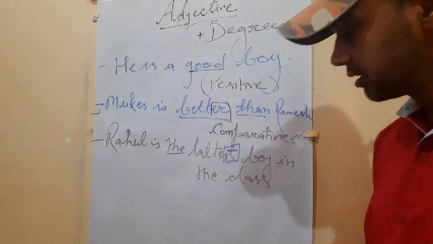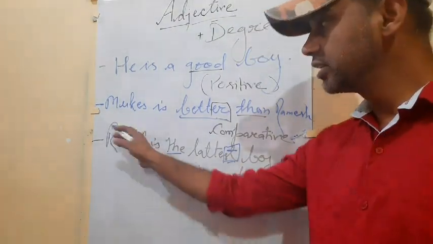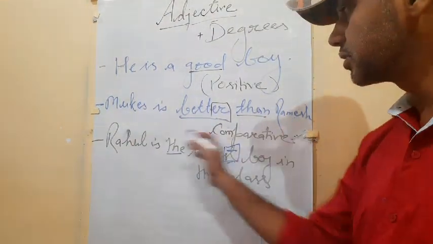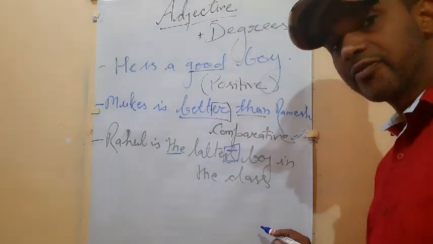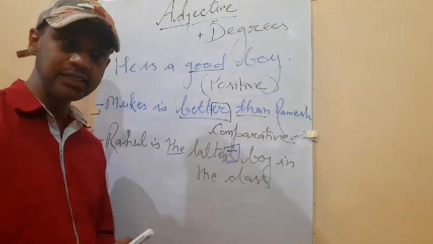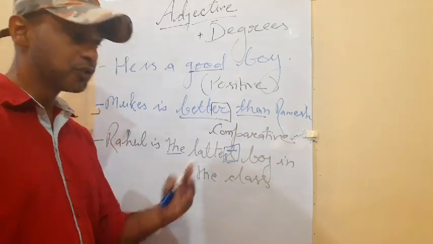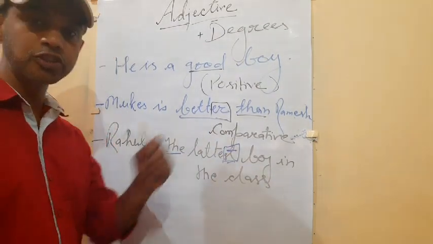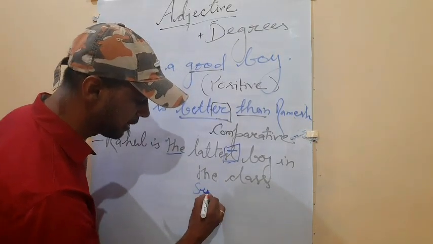Understand? And third thing, that it cannot be compared by two. Okay. So here in comparative degree, we find two, but here I told Rahul is the tallest boy in the class. It means here we are talking about he is the best. He cannot be compared by two things. Understand now? So whenever we compare more than two, we use the superlative degree. So this is known as the superlative degree. Just I am writing here superlative form.